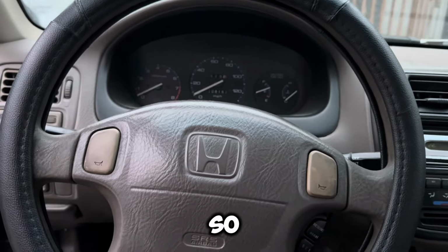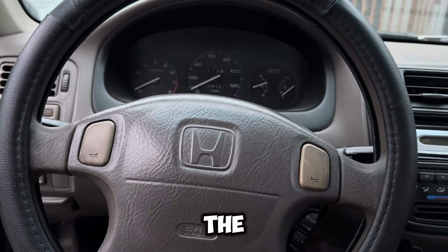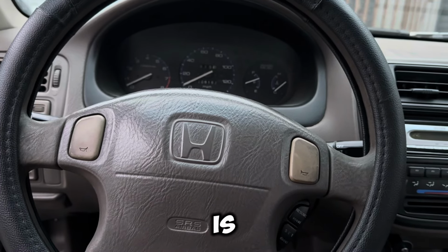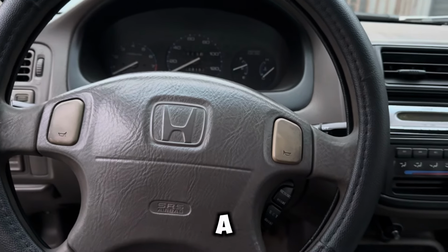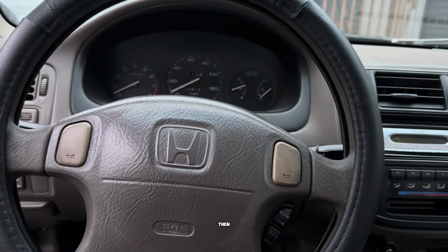So I know it does have an oil leak, so I'm gonna make sure I get to that. I'm gonna check the timing belt, check the water pump, and see the car's not overheating, especially how cold it is, and the heat works really well in this car. So I'm gonna do my diligence, get the car running perfectly, make sure there's no oil leaking, do an oil change,